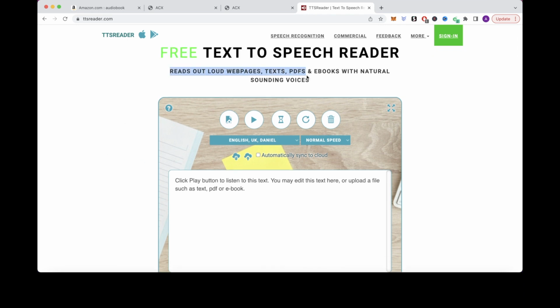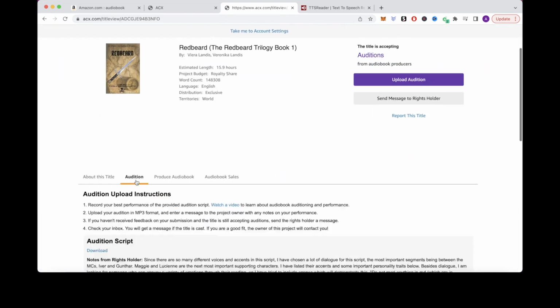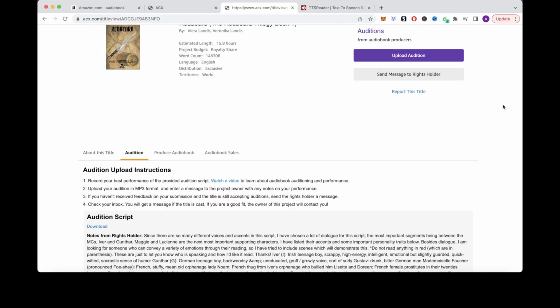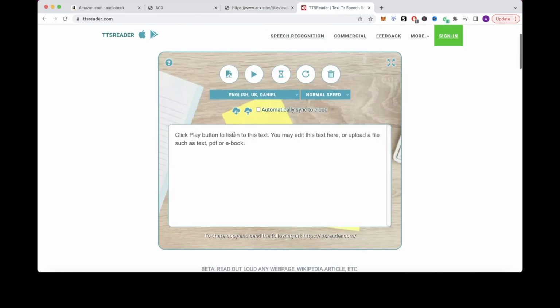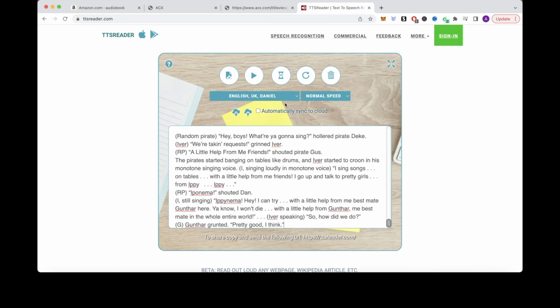So I want you to go back to acx.com and copy a script that you are required to read to audition, and then paste it here onto ttsreader.com. A great part about ttsreader.com is that you can select any voice you want with any accent from many countries